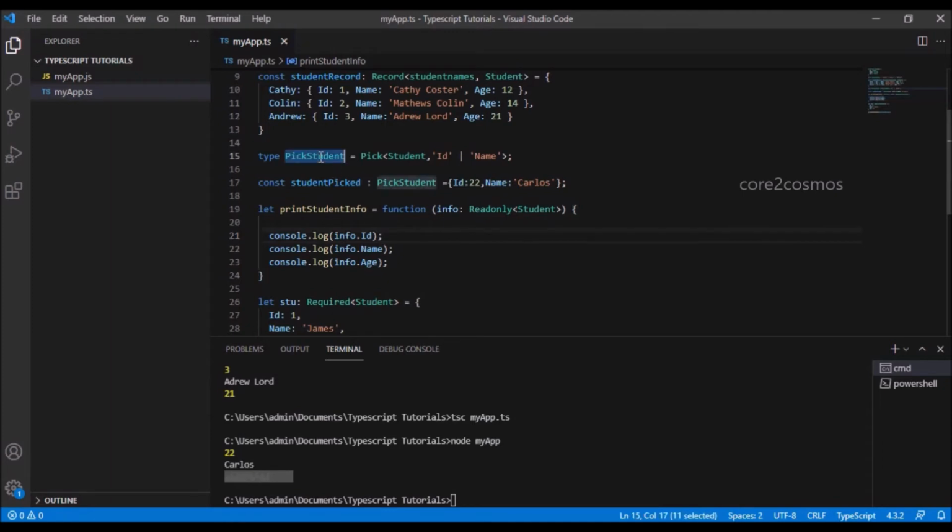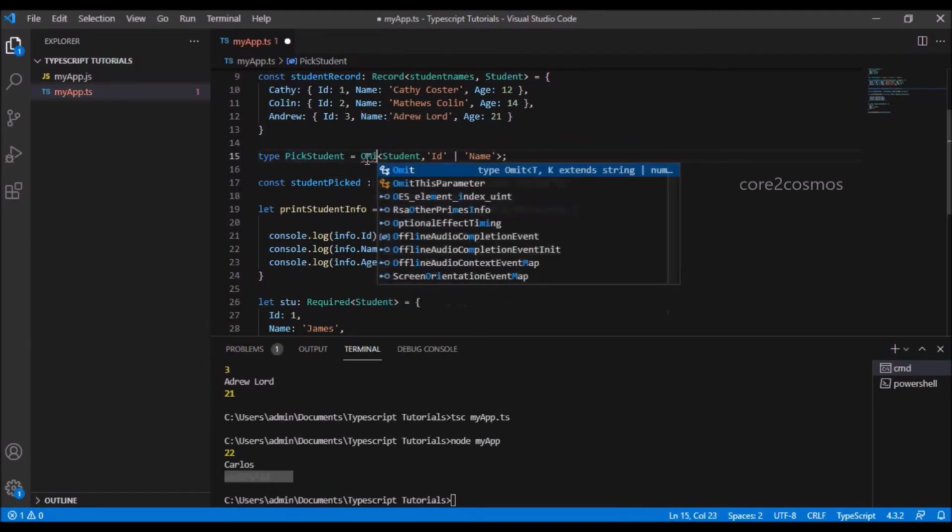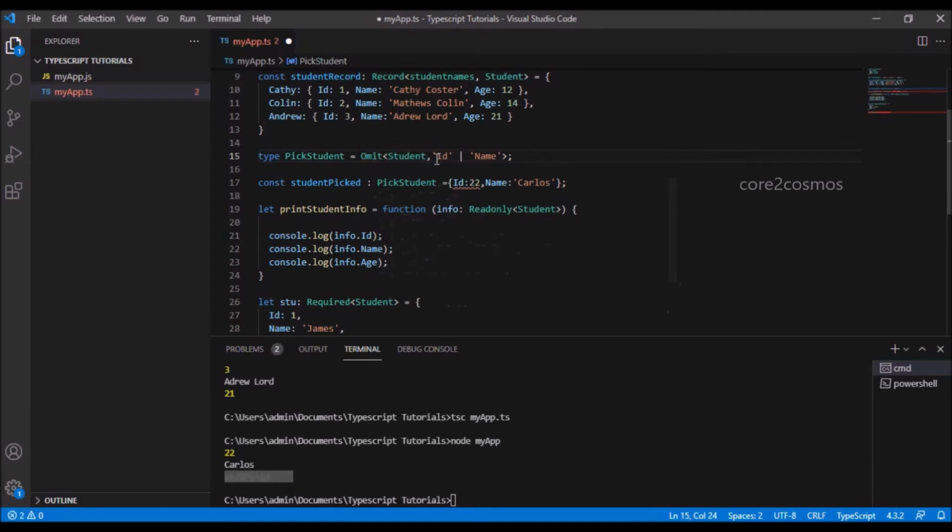Instead of using the pick keyword and selecting particular property, we can also use the omit utility function available in TypeScript. In line number 15, I say omit age property from the student type.